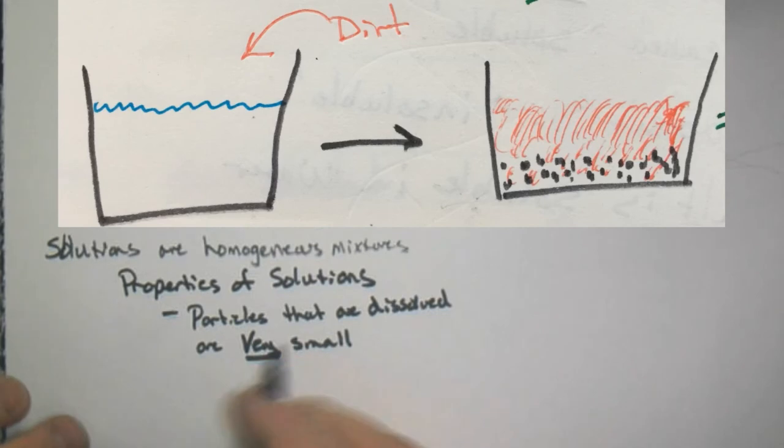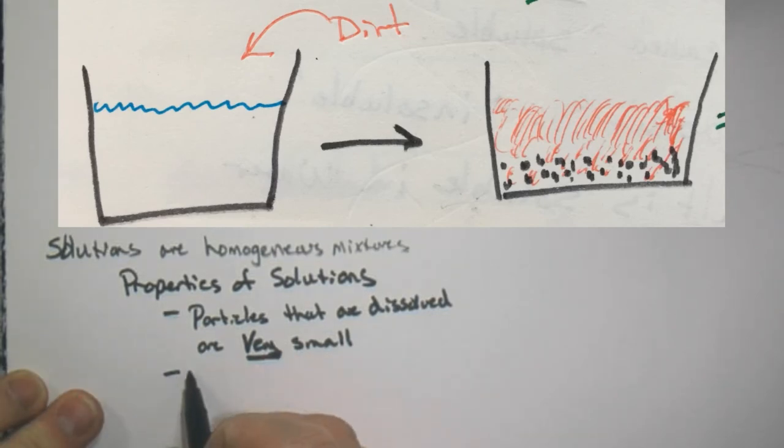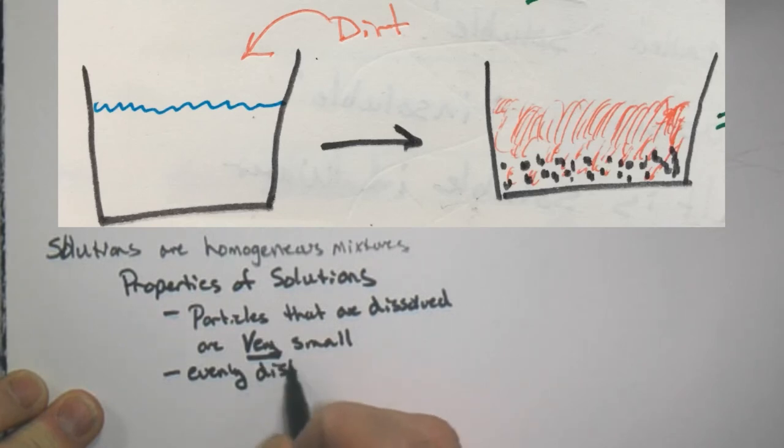Okay, they're evenly distributed. Okay, and they will not